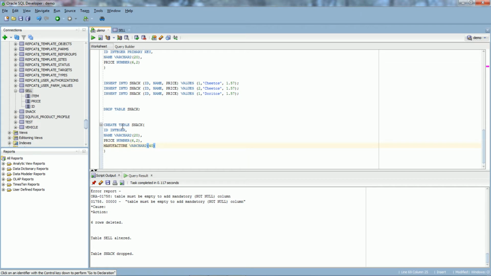I want to make ID, manufacturer, and name my primary key. What I would do is go down here and define my constraint, then put all of the columns that would make a composite primary key within these parentheses: ID, name,